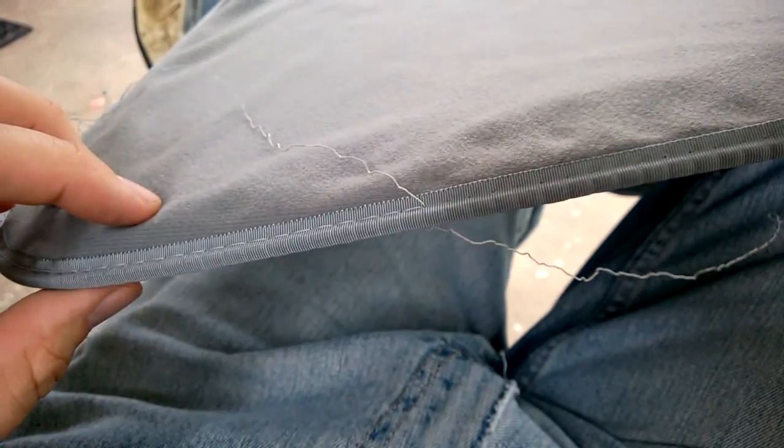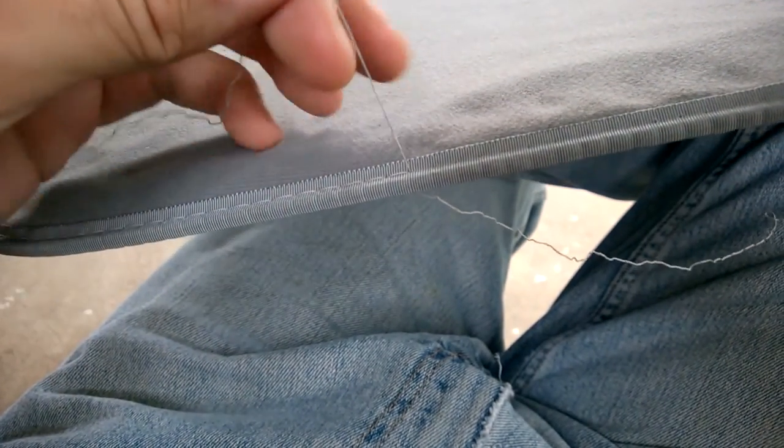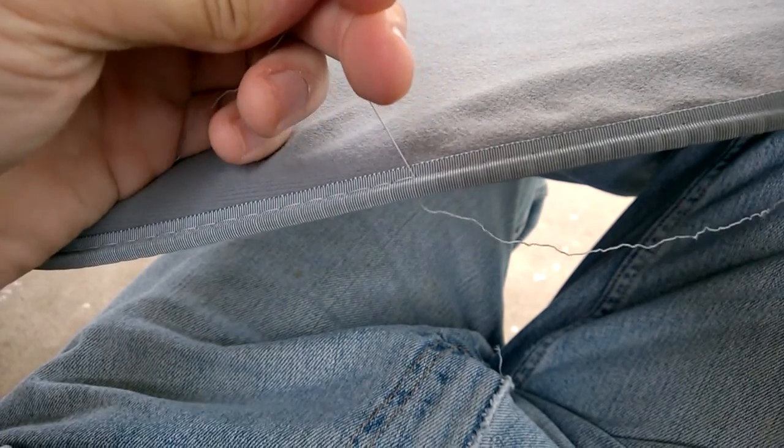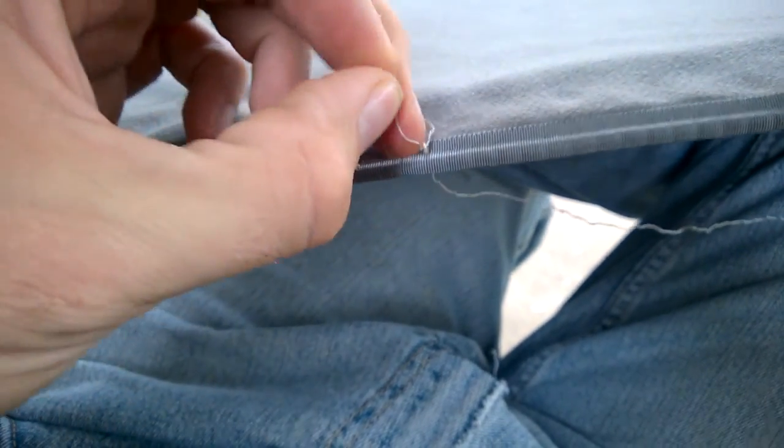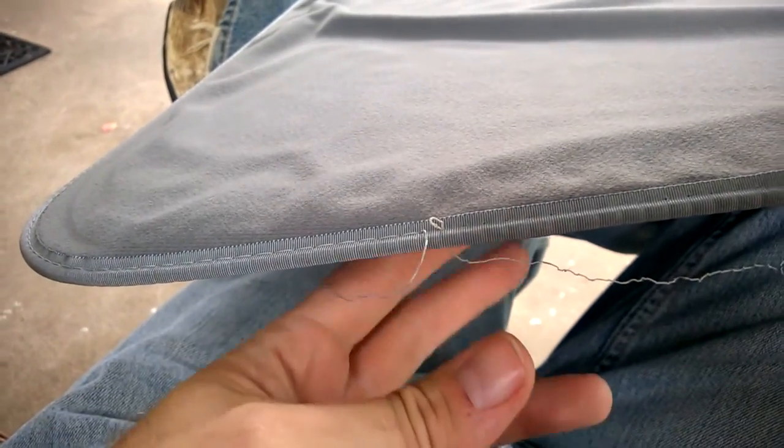This is the top thread, or I guess some people call it the right side, and this is the wrong side. This would also be the needle thread, and this would be the bobbin thread, if you're familiar with sewing machines, which you're going to have to be for this project. So what I like to do is get this started, and then if you pull, you'll see that lower thread pop up. And then all you have to do, and I usually use a seam ripper to grab that easier, is pull that out,